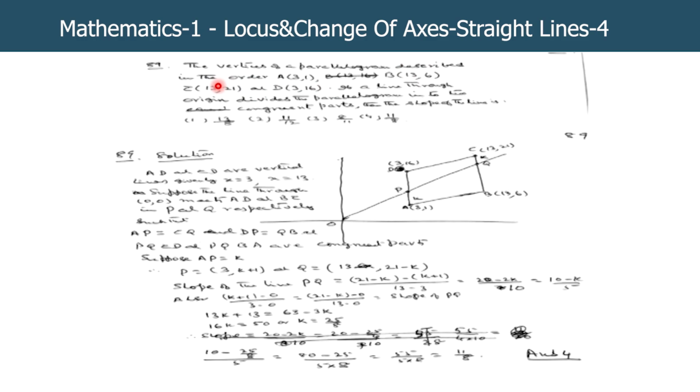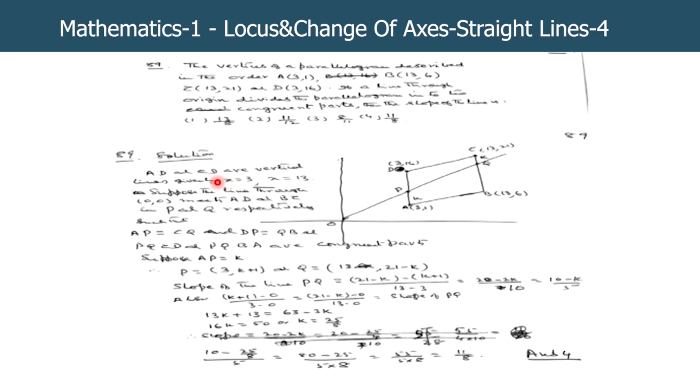That is the order of the vertices of the parallelogram. Now, if a line through the origin divides the parallelogram into two congruent parts, then the slope of the line is: 1) 13/8, 2) 11/12, 3) 8/11, 4) 11/8. Now, here please see AD